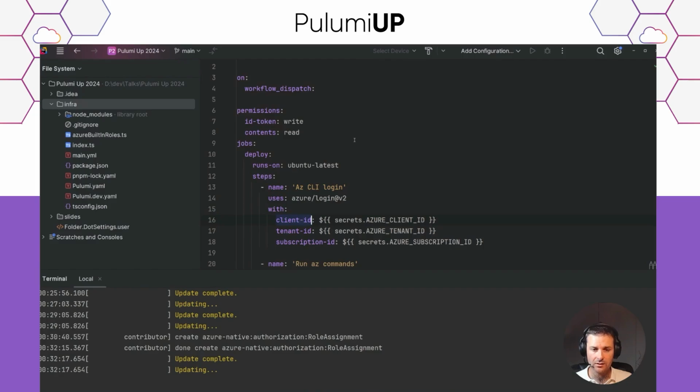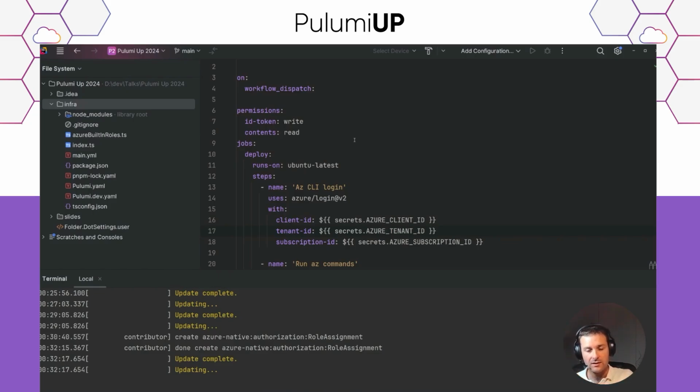So it's using the client ID we have defined in the GitHub Action Secret, the tenant ID, and the subscription ID. So here they are not a secret from the service principal or the app registration.